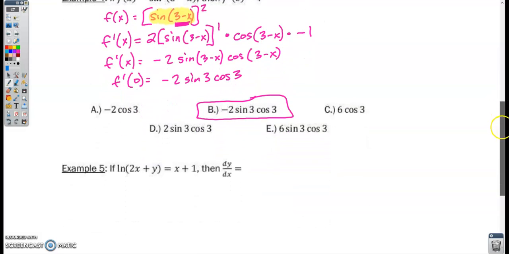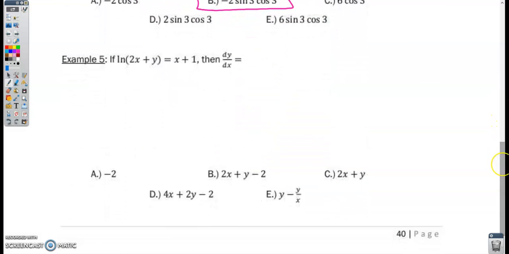And one last example here, example 5. If natural log of the quantity 2x plus y is equal to x plus 1, then dy dx is equal to what? So we've got some implicit differentiation going on here. This should be fun. So the left-hand side, I'm going to apply the chain rule because I have a composite function. So I got 1 over what's inside, because that's the way the natural log works, times the derivative of the inside, which is 2 plus dy dx, is equal to, and the derivative of x plus 1 is just